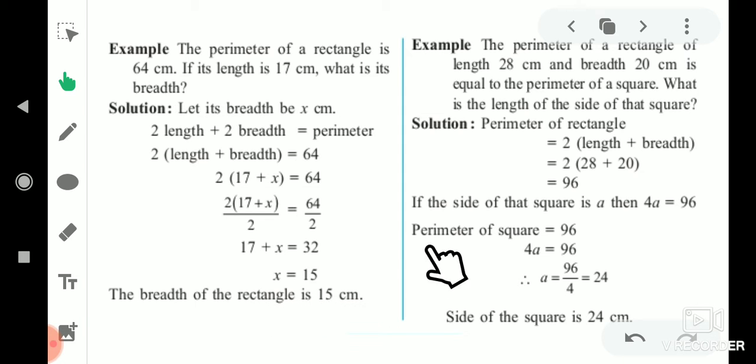Clear? Now the next question is: the perimeter of a rectangle of length 28 centimeter and breadth 20 centimeter is equal to the perimeter of a sphere. What is the length of the side of that sphere? The perimeter of the rectangle